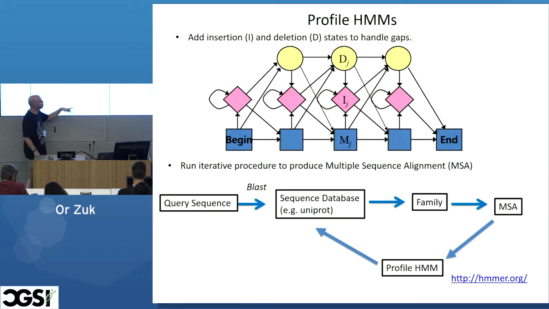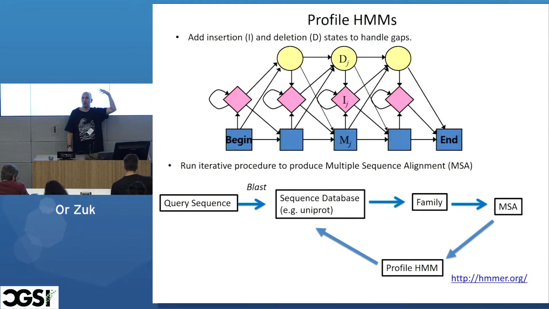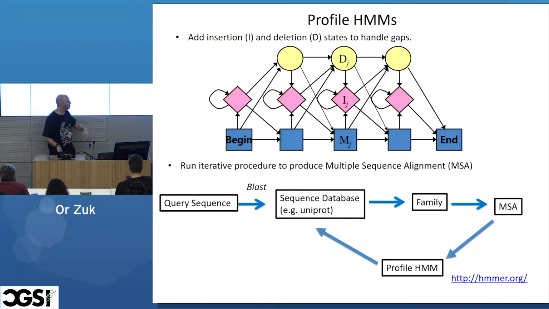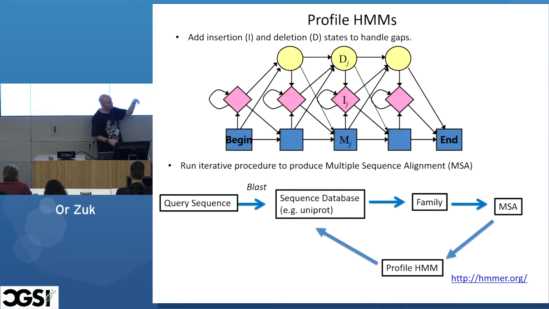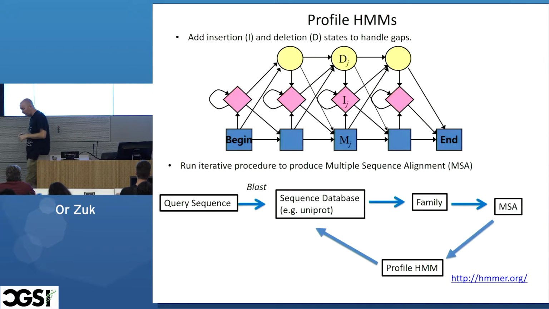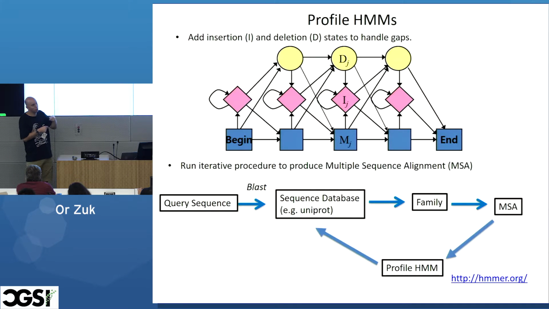And now you can go back to the database and search for other sequences that look like your family, because sometimes it turns out that the BLAST search missed them, for all kinds of reasons. And you can iterate the process and by that enlarge your family. So you get more and more sequences whose similarity to your query sequence was not easily detected